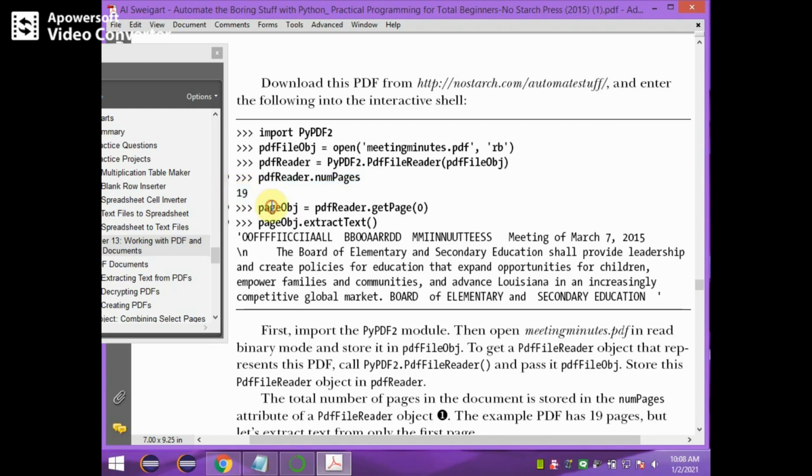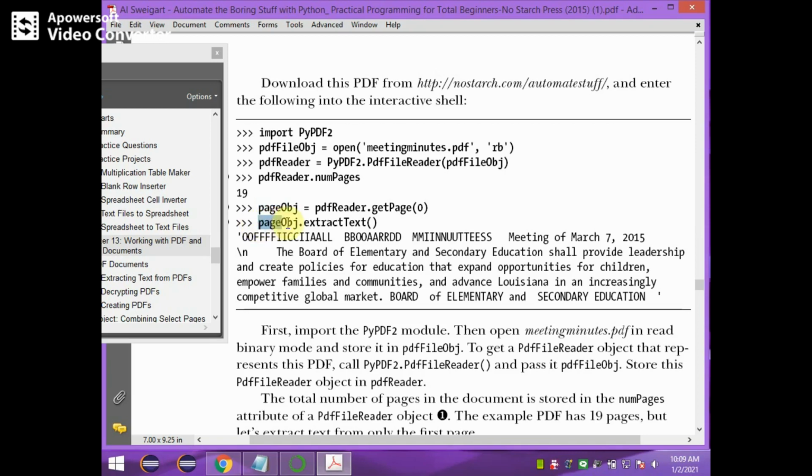And then if you want to extract the first page, if you want to see the content of the first page, then you have to give pdfReader.getPage(0). Okay, getPage(0). 0 is the page number, and pdfReader.getPage(0) reads the first page and stores the object information to the pageObj object.